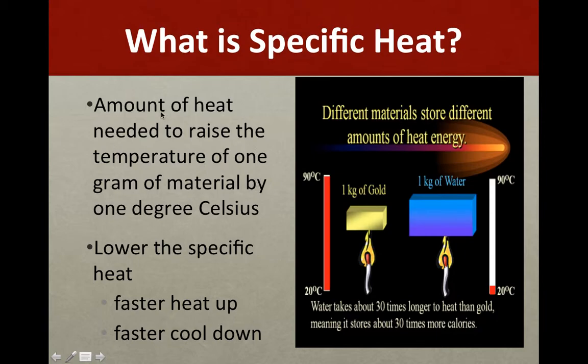Specific heat, though, is the amount of heat needed to raise the temperature of 1 gram of matter by 1 degree Celsius. So what do I mean by specific heat? Every object out there has its own unique amount of energy it needs in order to go up 1 degree Celsius. So like this little object right here, gold, doesn't need a lot of energy to make it go up 1 degree. Whereas water,